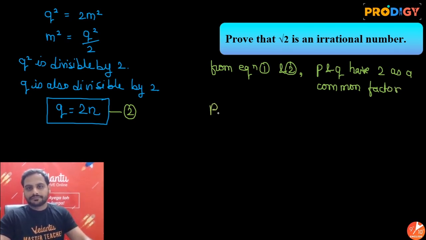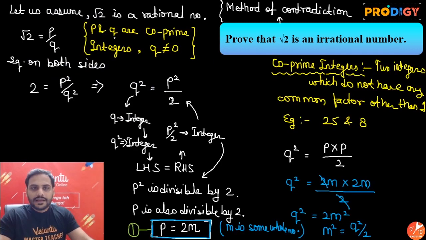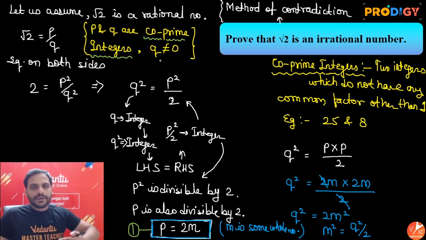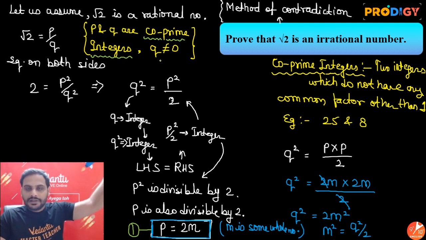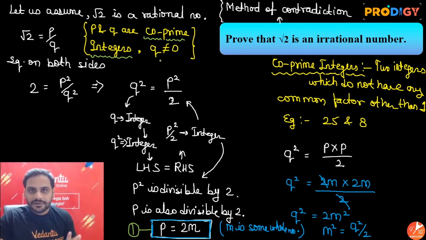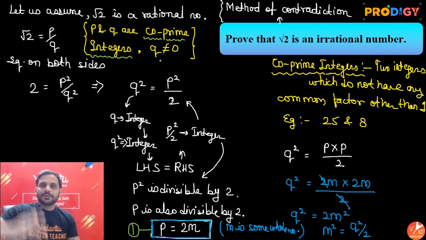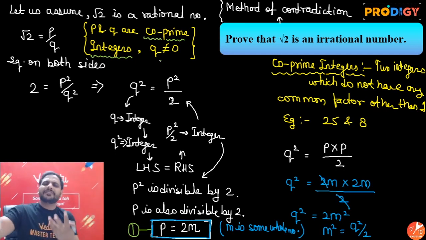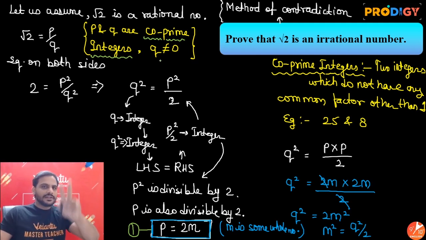But in our assumption, we have said that p and q are co-prime integers. The assumption we have taken is that they are not divisible. Every fraction you can reduce to a form where the numerator and denominator cannot be cancelled any further. Suppose I give you 50 by 100, you can reduce it to 1 by 2. Now 1 by 2 cannot be simplified further. If I give you 3 by 7, you cannot simplify that further. Same way, I thought root 2 is some fractional form where it cannot be simplified further. Yes or no? So p by q, I have said that they are co-prime integers.